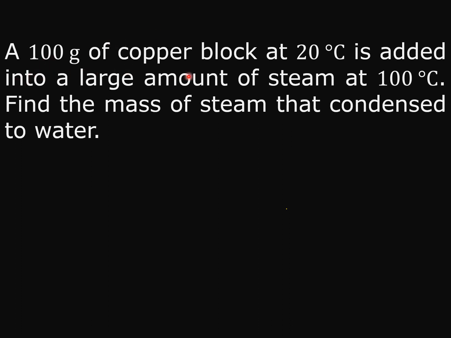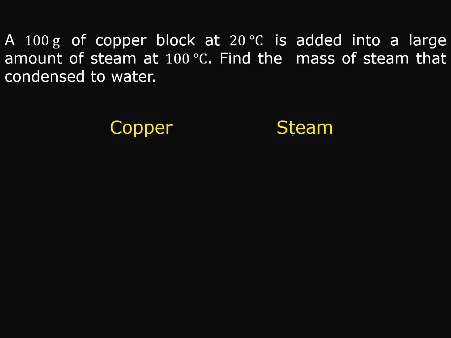A 100 gram copper block at 20 degrees C is added into a large amount of steam at 100 degrees C. Find the mass of steam that condensed to water. There are two substances in the system given in the question. One is copper, another one is steam. The copper block's initial temperature is 20 degrees C, and for the steam, the initial temperature is 100